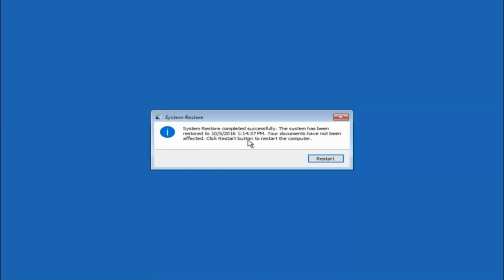Your documents have not been affected. Click the restart button to restart your computer, and let the computer restart. If for some reason you are not able to boot into Windows 10 normally, I have another alternative method,